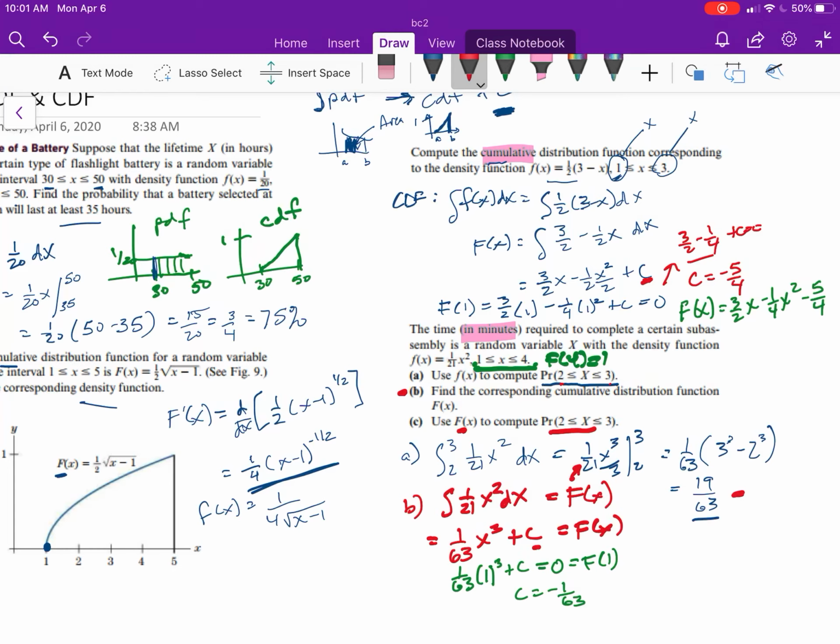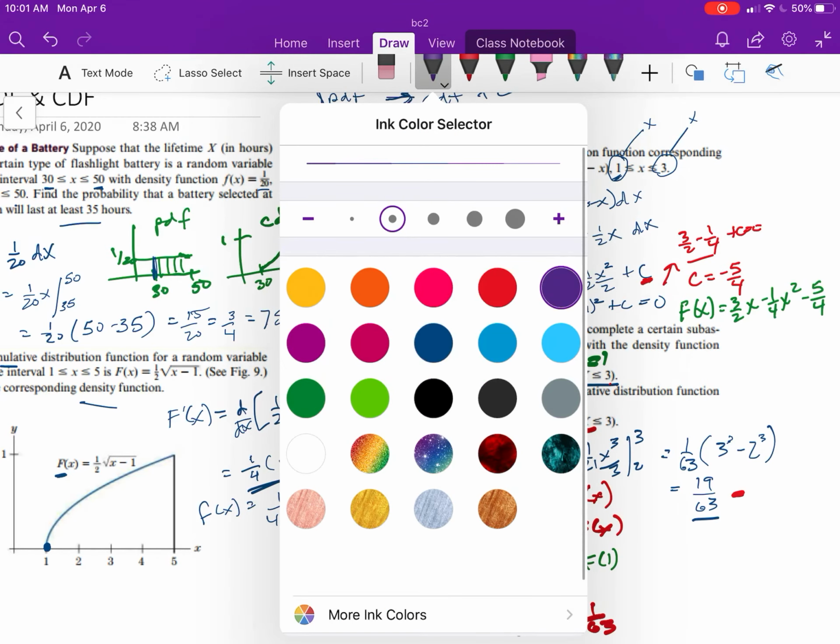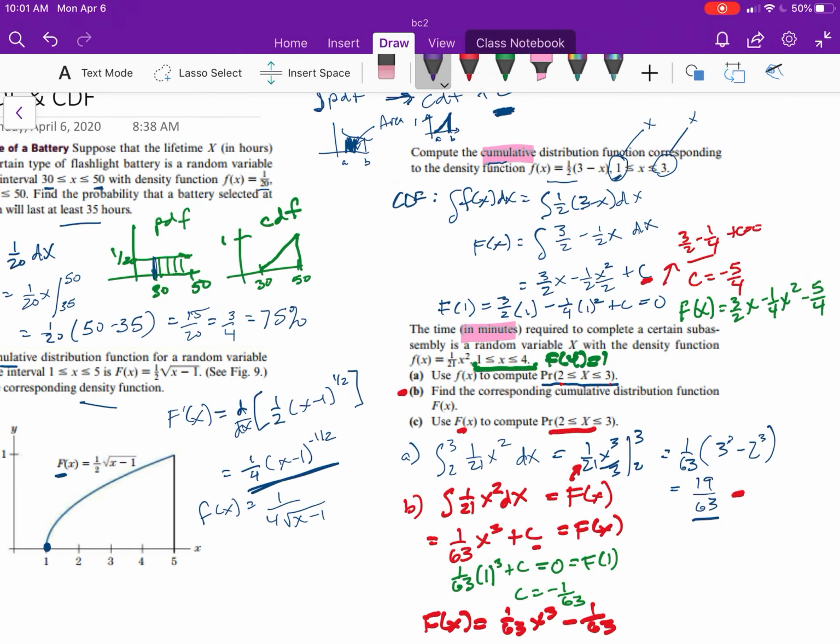So our end result, let's go back to red, we get F of x equals 1/63 x to the third minus 1/63. Okay, and C, switch colors one more time. So C is saying use this result that we just got